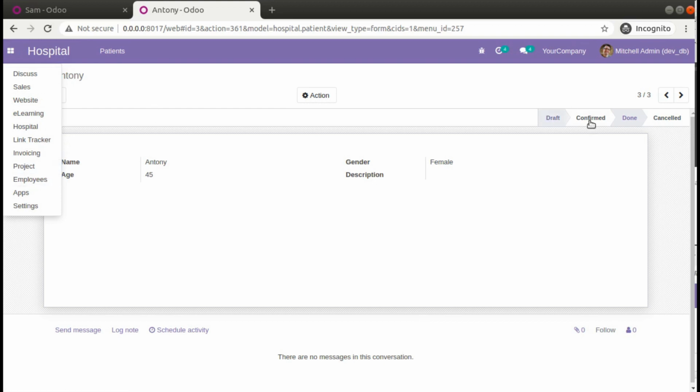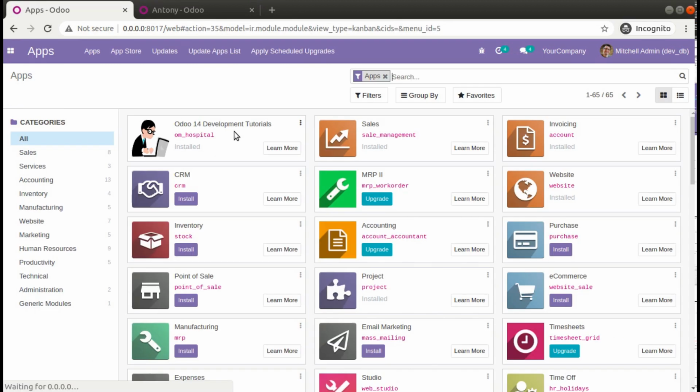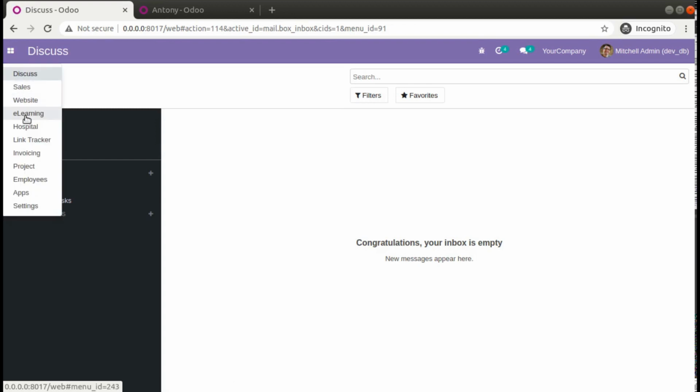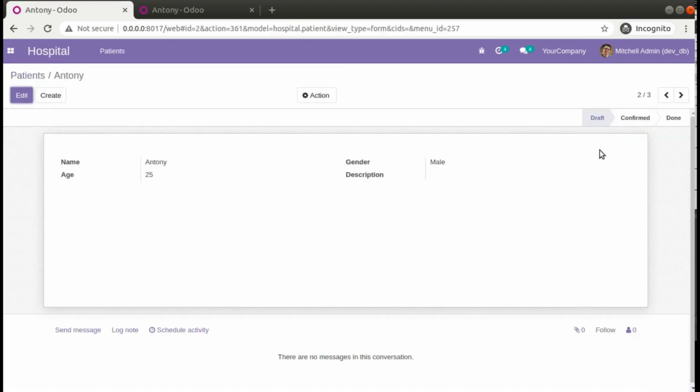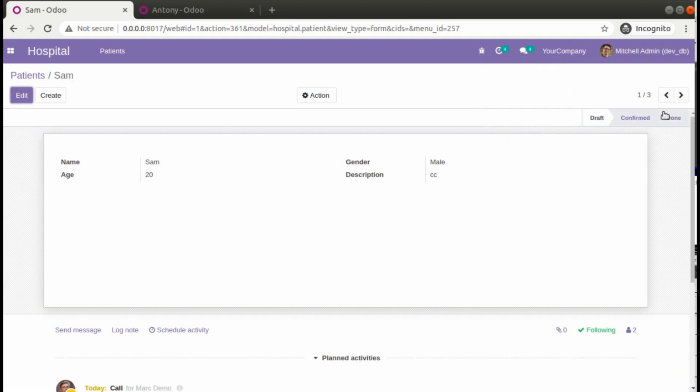So right now we have 4 here, so I'll be upgrading from here, apps menu, just upgrade your module. So let's see what happens. So if I go to the hospital, you can see we are seeing only draft, confirmed and done, draft, confirmed, done.